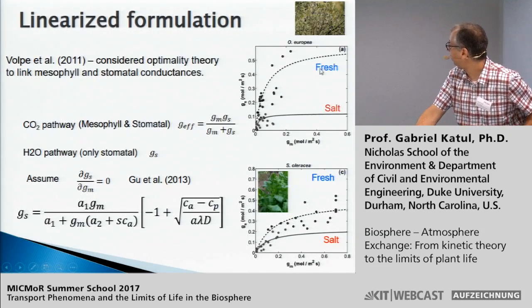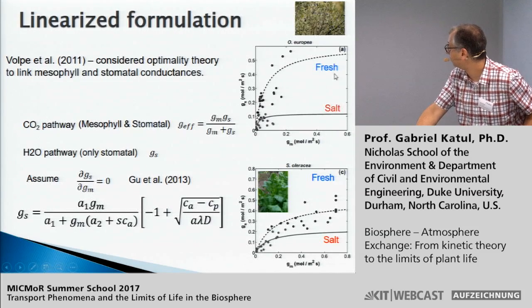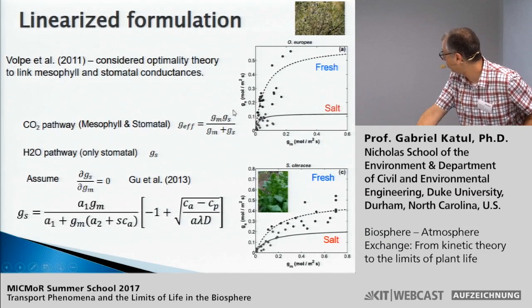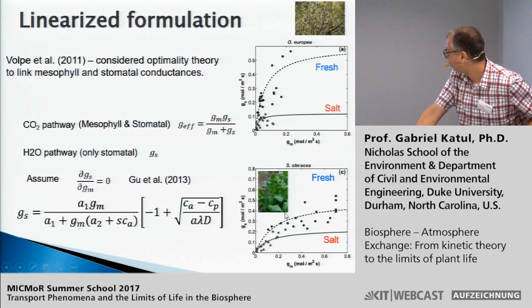And so what you find is that in the case of olives being irrigated with fresh water, of course, stomatal conductance increases as mesophyll conductance increases, so there is a little bit of connection between the two. These are all predictions, yeah? But for salt conditions, the mesophyll conductance can increase a lot, but primarily you are limited by stomatal conductance. This is for olives. In the case of spinach, the effect of salt is not as big as in the case of olives, but still the same patterns are correct, and the solid lines here, or the dashed lines, are model calculations.